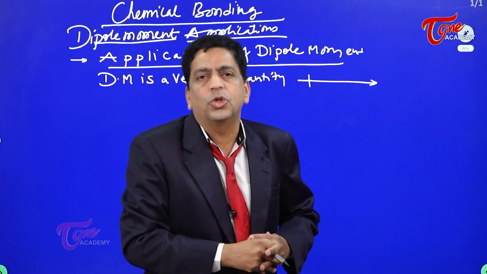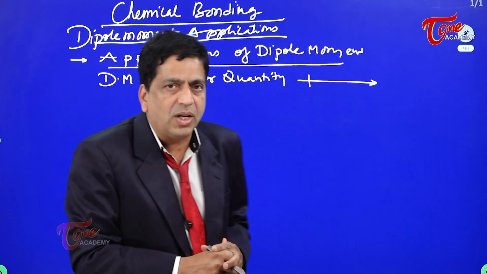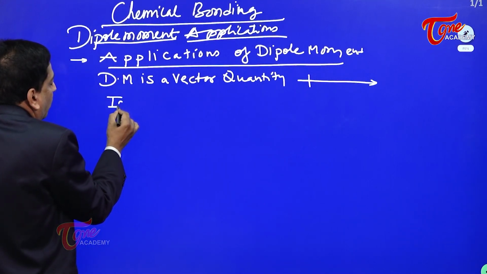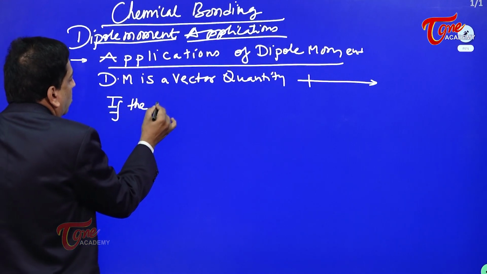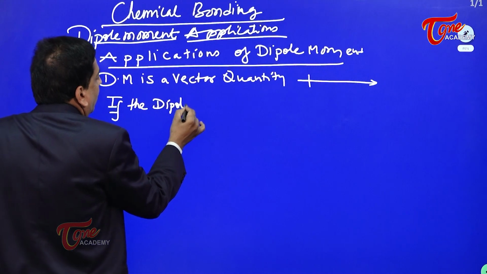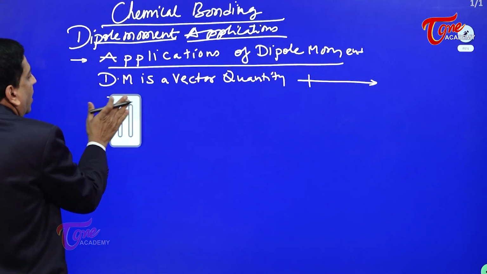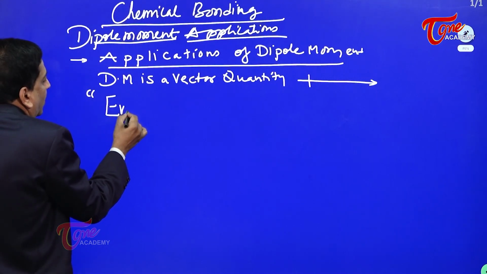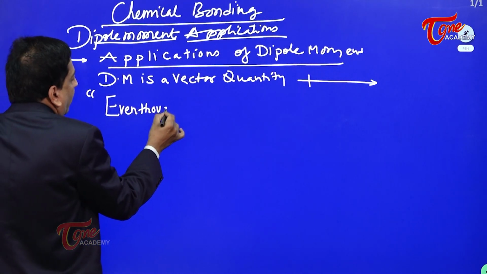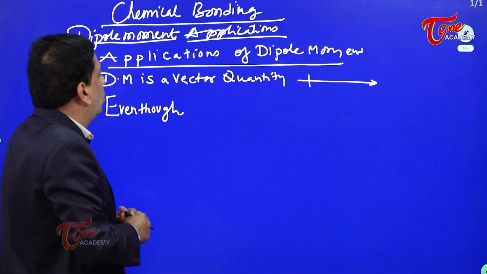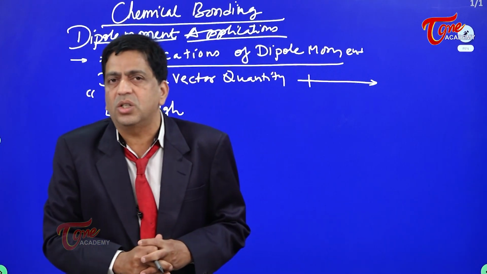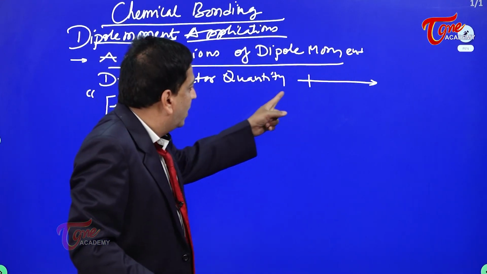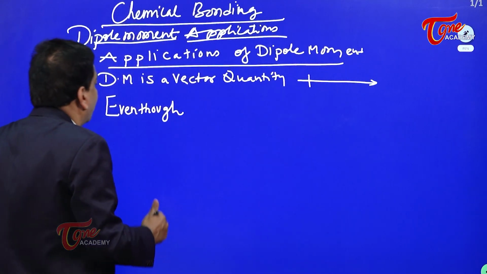Now, application number one. Since dipole moment is a vector quantity, shown this way, I write a statement in inverted commas: even though